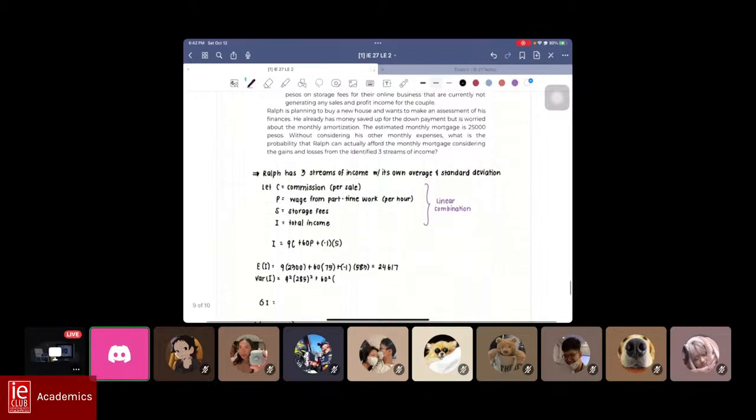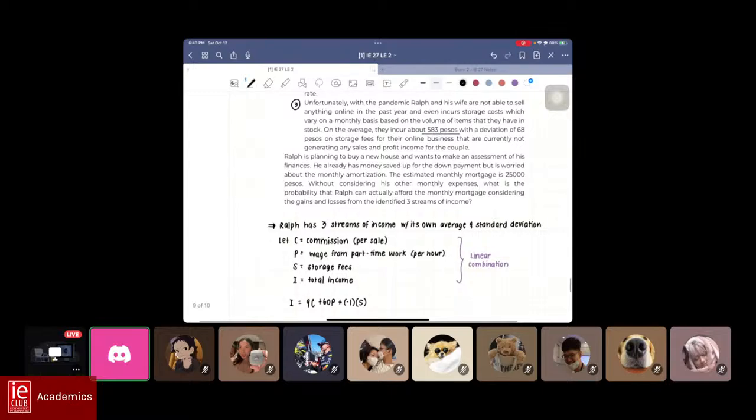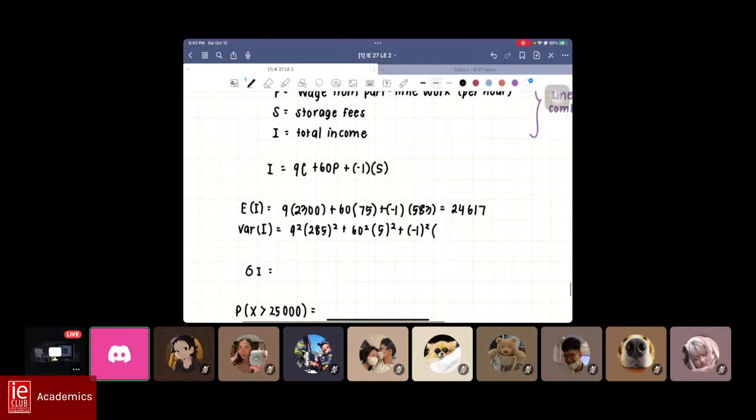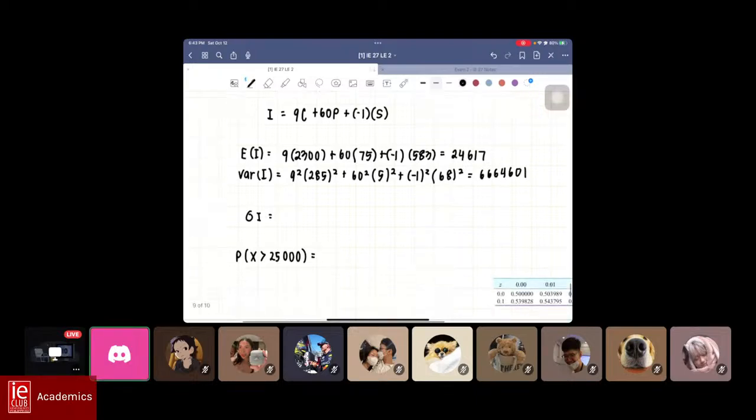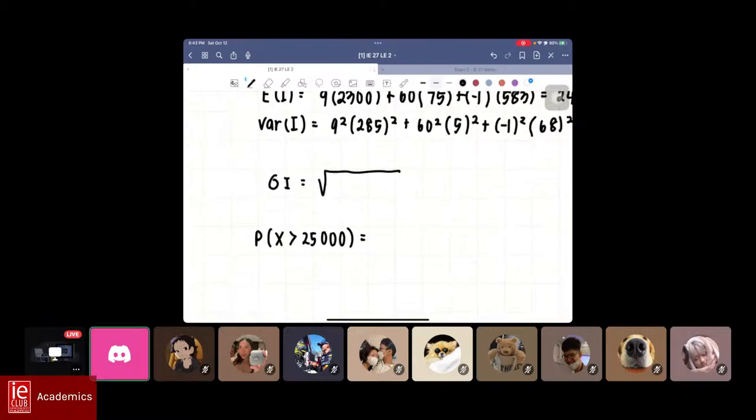So to get variance, we have to square it also, times 5 squared, plus -1 squared times the standard deviation of 68 pesos. So times 68 squared. So this is equal to 6664601. And then since this is the variance, for the standard deviation, we get the square root. So square root of